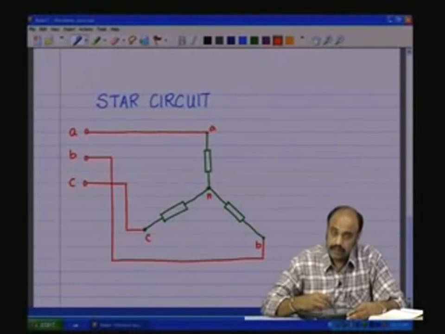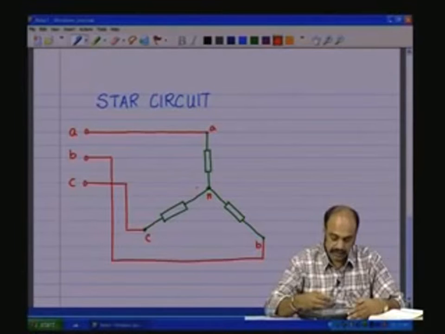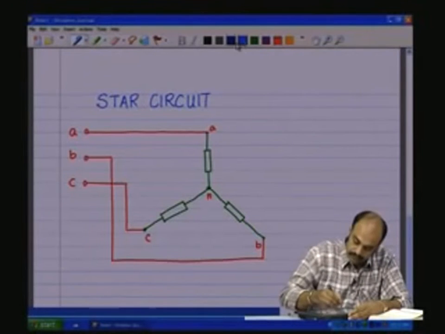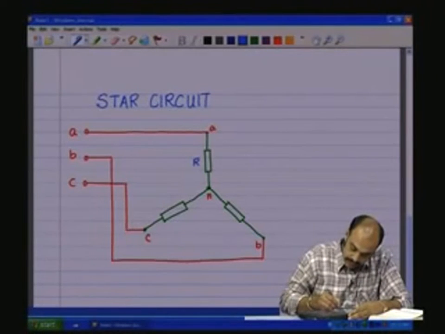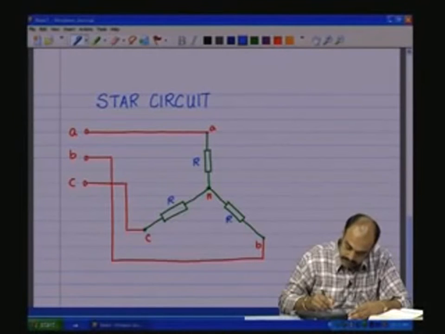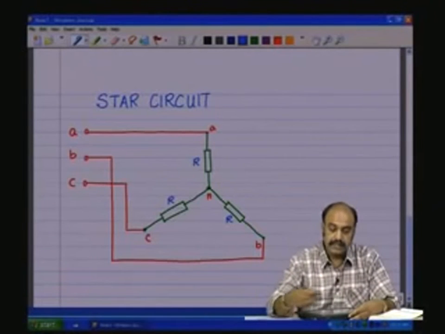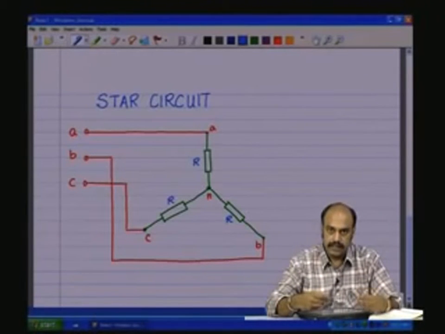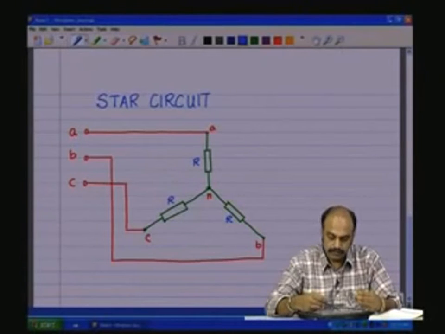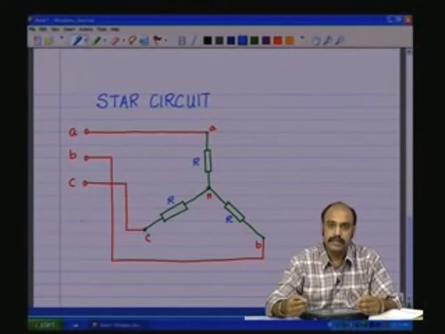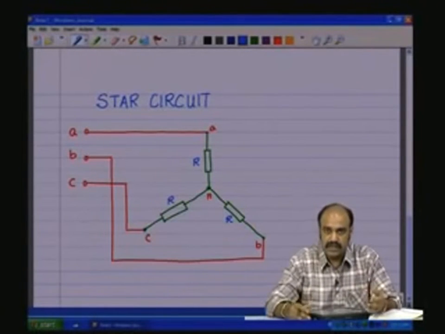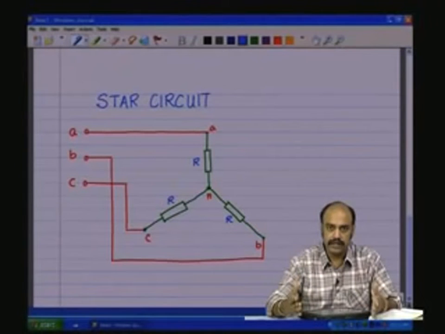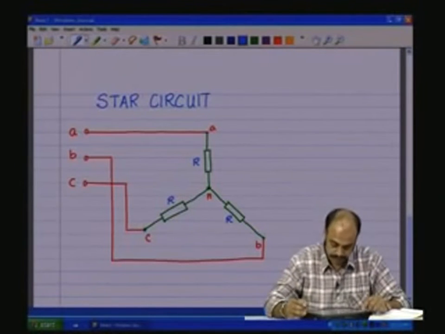Now, we saw that the neutral is not brought out because in a balanced 3 phase load, meaning where all the 3 loads are equal and same, then the instantaneous current we saw in the last class, that is the sum of I A plus I B plus I C, which flows through the neutral wire to complete the circuit, that is the 4th wire, is always equal to 0, and therefore, we can effectively remove the 4th wire, that is the neutral wire.